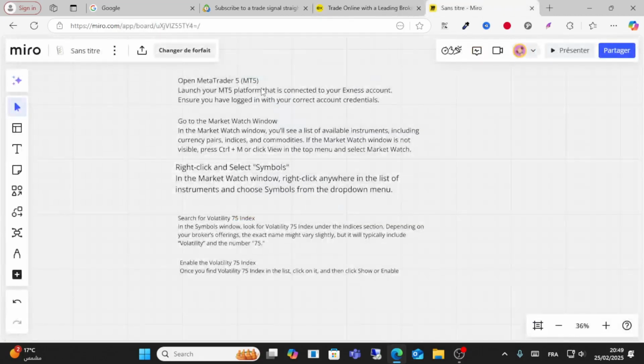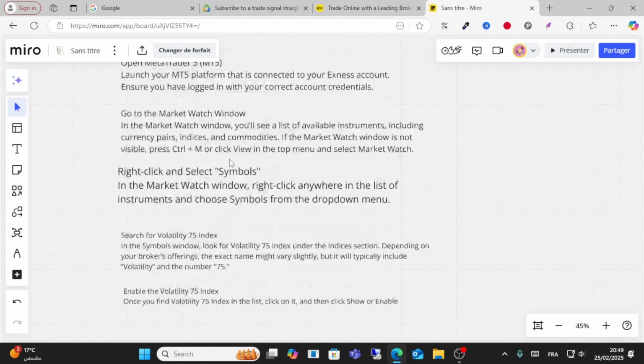And after that, go to the market window, where you see a list of available instruments including currency pairs and indexes. Make sure the Market Watch window is visible by pressing Ctrl+M. If it is not visible, click Ctrl+M or go to the top menu and select Market Watch. Then right click, select Symbols in the Market Watch window, right click, choose New, and in the list choose the